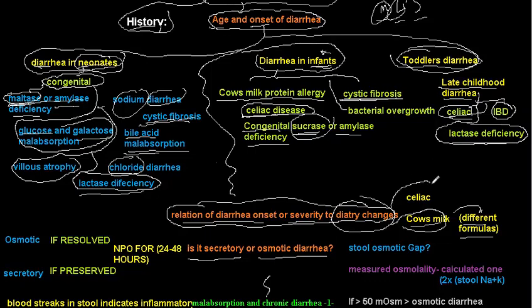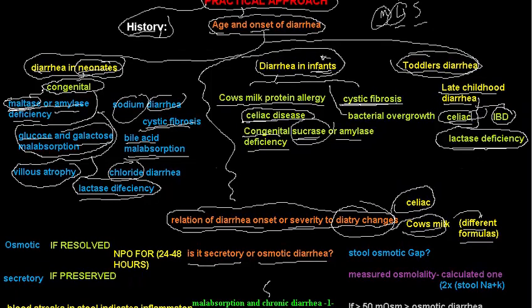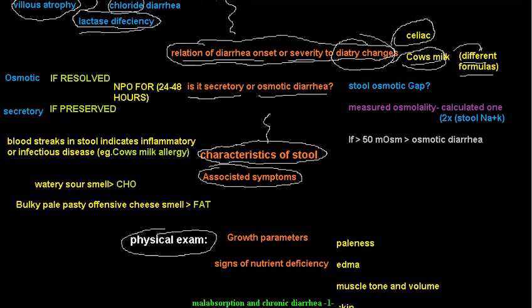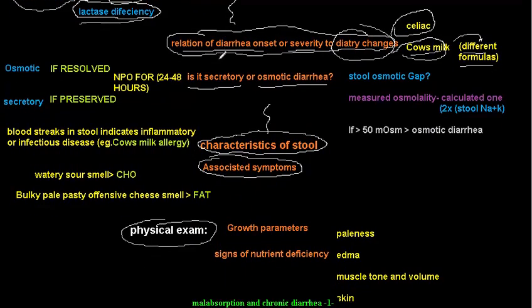We have celiac disease, allergy to food, and celiac disease starts to be complained of at 6 months, when you start to administer some types of food like bread and other things to the baby. Okay, so this is the second question. What is the third question? Is it secretory or osmotic diarrhea? Actually, you have to ask yourself this question.